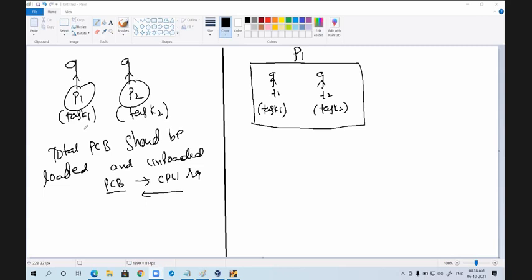Answer is in a RAM. In user space or in a kernel space? Answer is in a kernel space. Now will you agree? When this process wants to execute, process manager needs to load this PCB into the CPU